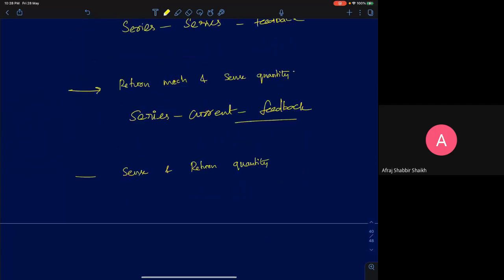And the third naming convention is your sensing quantity. What are you sensing? You're sensing current and you're returning back voltage because voltage is the input. So it's a current voltage feedback amplifier. So that's it. It's a very trivial thing. If you follow this naming convention, it's quite trivial.